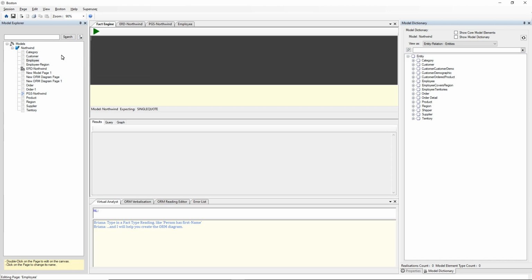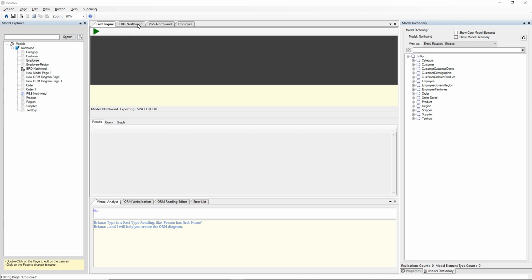So we've got a database schema open in the left hand side. It's in the Model Explorer in Boston, and that's for the Northwind database as provided by Microsoft.